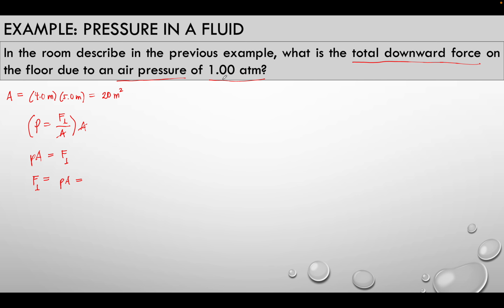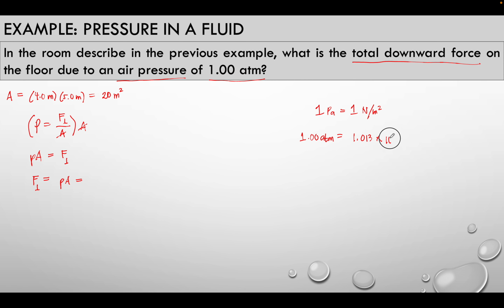But instead of ATM, we will be using Pascal. Kaya di ba, 1 Pascal is equivalent to 1 Newton per square meter. So we will be converting 1 ATM to Pascal and then to Newton per square meters, para it will be easier to cancel out the units. Okay, so take note now, 1 ATM is equal to